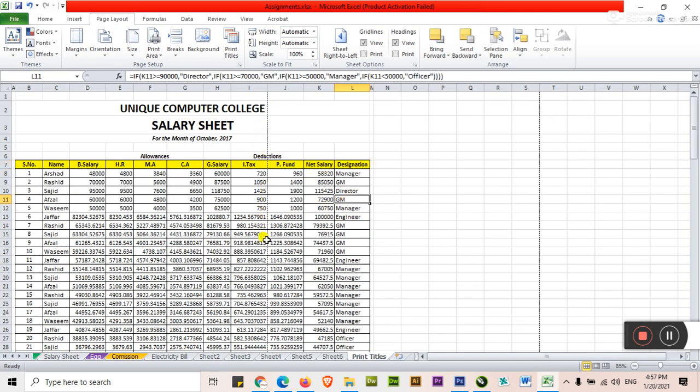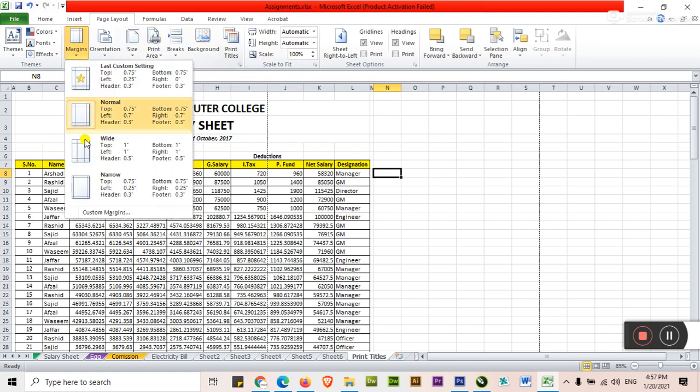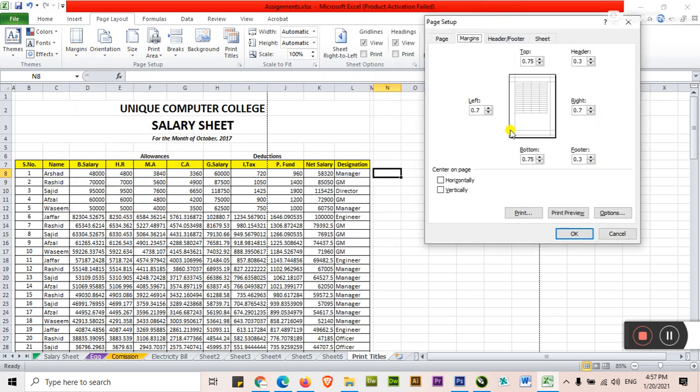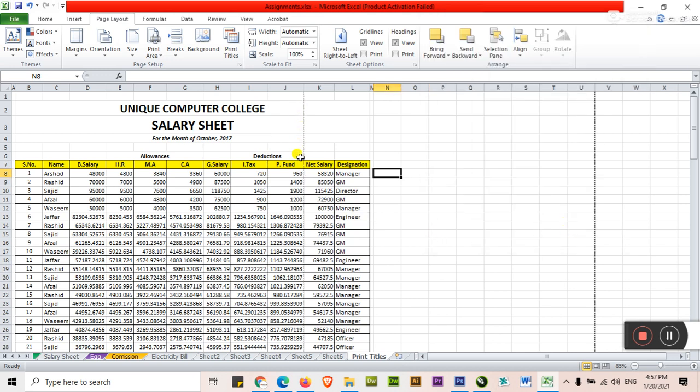This is our margin area. This is our page area. What should we do? We should check the margin, custom margin. Before applying the margin, you are watching this dotted line before 3 lines, meaning 3 lines are out of the margin. Just decrease the size from the left side and decrease the size from the right side. Press OK. Now your dotted line is on the last 2 columns. What should we do now?